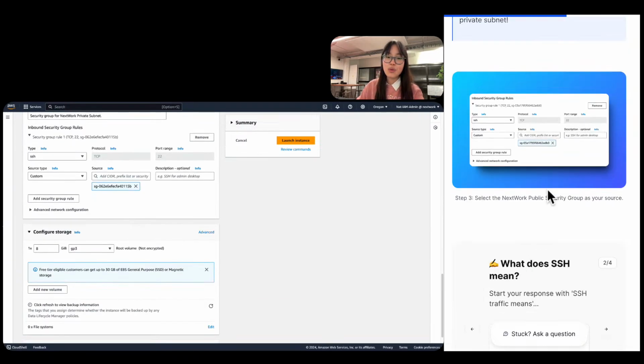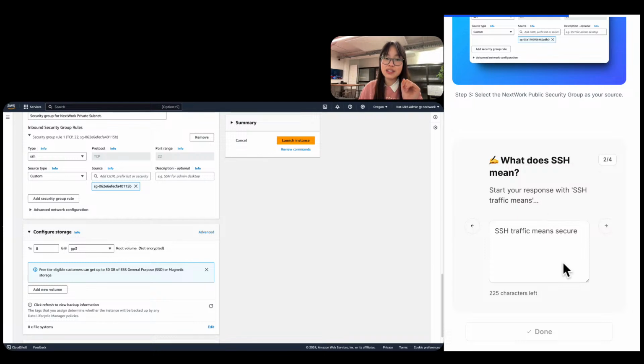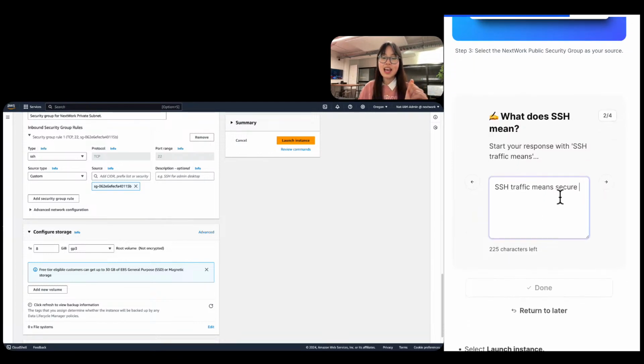Okay, so what we were going to do is to talk about these questions over here. So what does SSH mean? SSH traffic means, well, really, I'm going to be a bit cheeky and just say SSH means secure shell. And it is both a protocol and a traffic